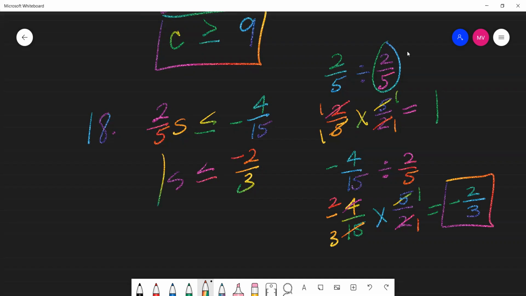Wow. What did you do? I divided both sides by 2/5. With a calculator? No, with my mind. How'd you do it? So 2/5 divided by 2/5 is 1, right? 1s. And then -4, I divided -4 by 2, which is -2. Okay, and then you divided -15 by 5. Yeah, which was -4. That works too. Yes. As long as you divide the numerator by the other numerator, and then